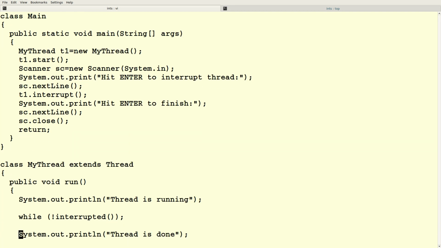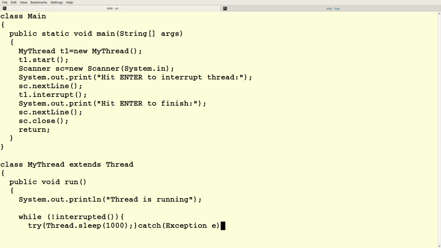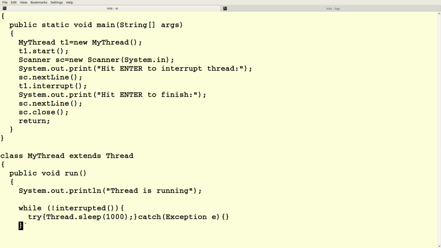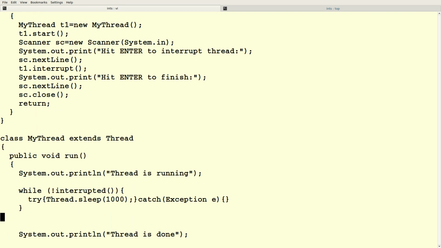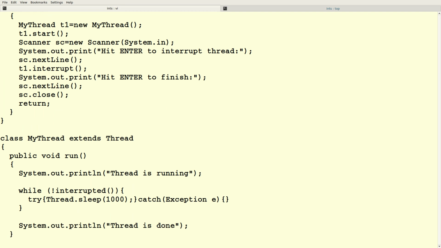So if I change my while loop, now inside my while loop, I'm going to sleep a second, and that might compile.